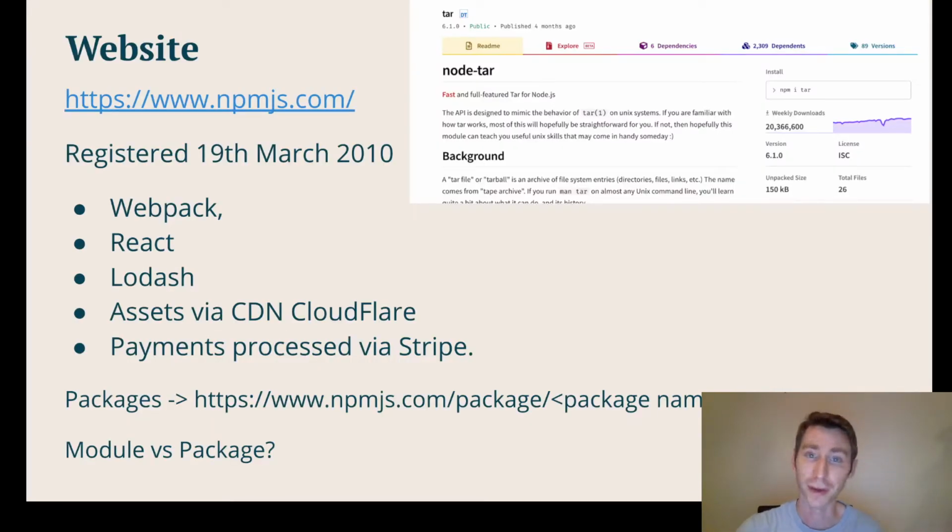So, the website, found at npmjs.org, a domain which was first registered in March 2010, so it's 11 years old. It's built using Webpack, React, and Lodash. Its assets are served via the CDN Cloudflare. Any payments are processed via Stripe. It connects and reads data from the registry CouchDB instance. Packages are located at